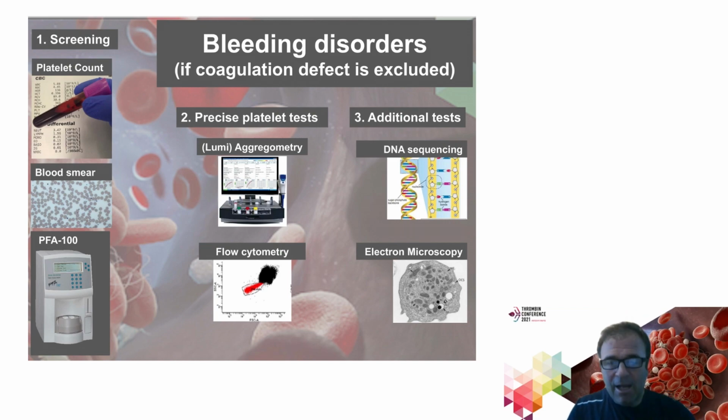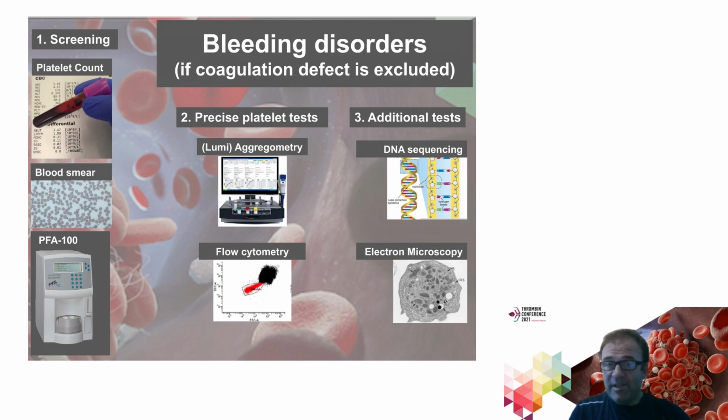Now, always in combination with those very global tests, the labs can do a precise platelet function test to see if there is a specific pathway deficiency. The most commonly tested, which has already been operating for more than 60 years in the routine clinical labs, is light transmission aggregometry, which has recently been improved by also including luminescence, so lumi-aggregometry. More recently, it has also been shown that flow cytometry might give additional information in the definition of bleeding disorders, in addition to light transmission aggregometry.